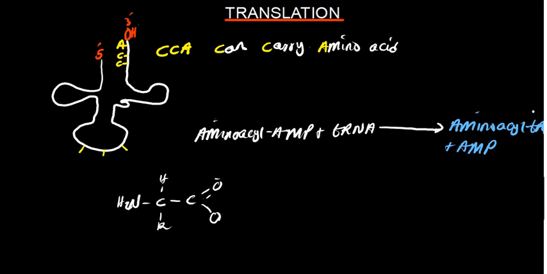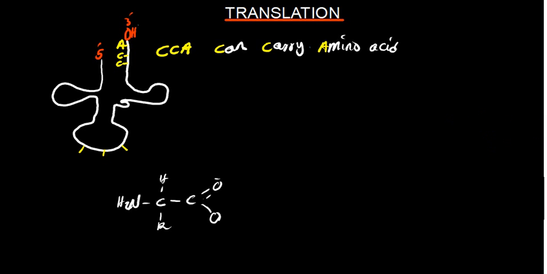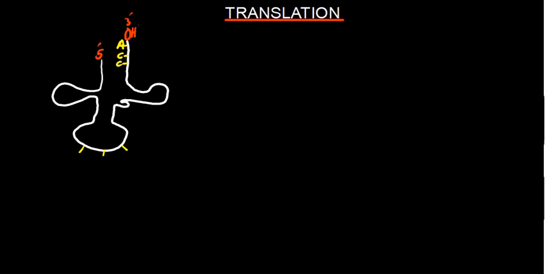This is what happens. Now, from here we can move on to look at what will follow after all these take place. So understand aminoacylation, the activation and charging of those molecules. Then at this point, the process of translation can start. So how does it start? The process of translation will start when